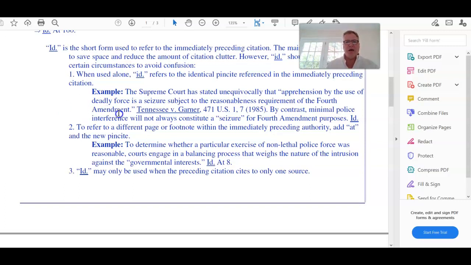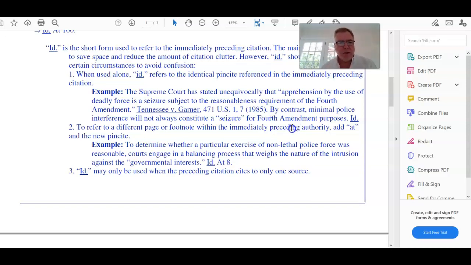All right, so you have here, he has Tennessee versus Garner here. That comes after his quotation. That quote comes from Tennessee versus Garner. We know it appears in the U.S. reports. It starts on page 1, and it's a pinpoint cite. The quote that he has appears on page 7 of Garner. Okay. In his next sentence here, he says, by contrast,